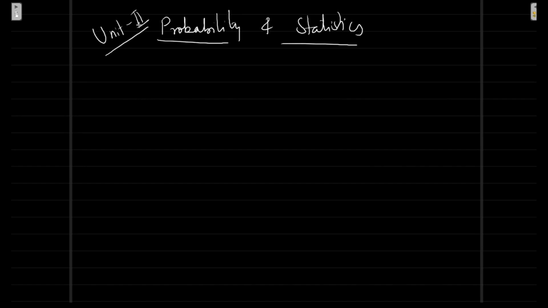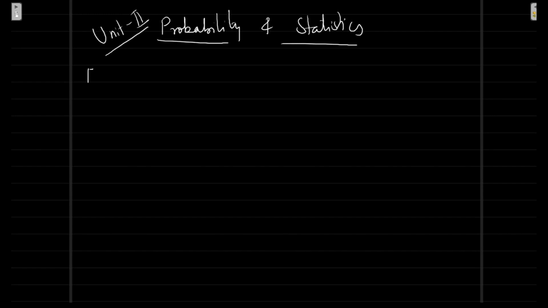There will be 9 lectures allocated for probability and statistics. I'm pretty sure that we'll be able to take care of it. Part of it you have also done in your bachelor's or maybe in the 12th class. Although in the syllabus we start from random variables, I generally have a primer on probability and statistics. In today's class, I'm just going to define a few things, and we'll take it up in tomorrow's class. Something rather simple.